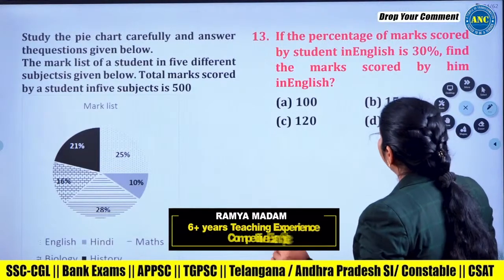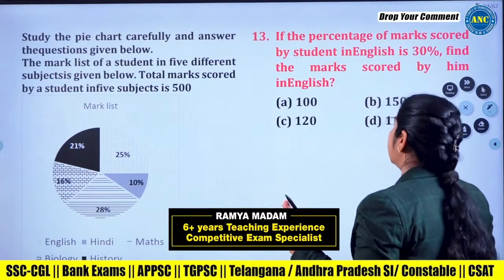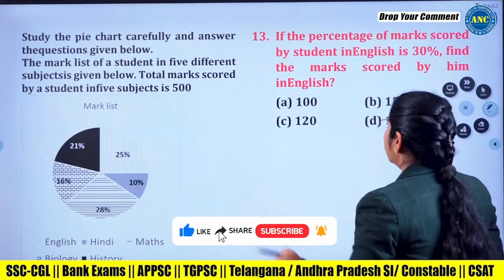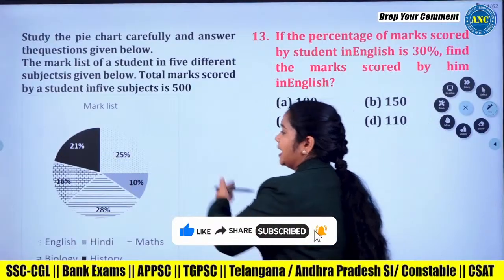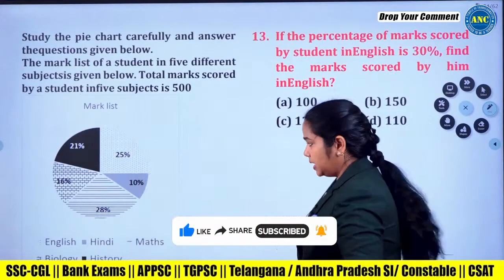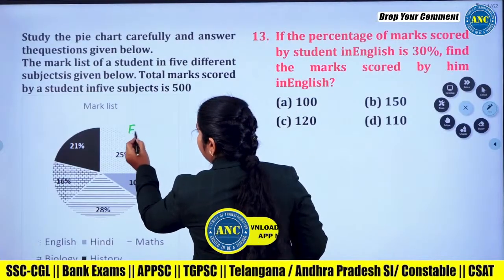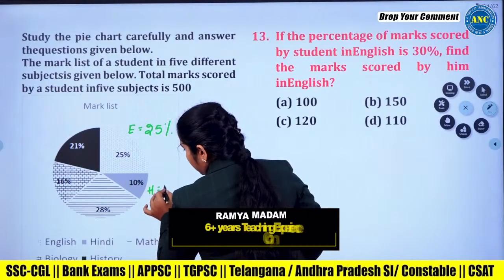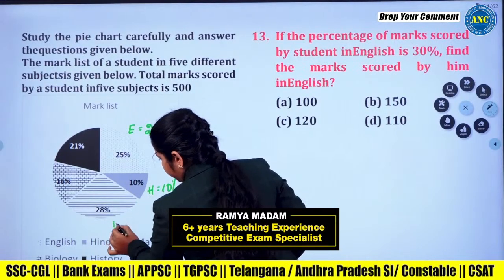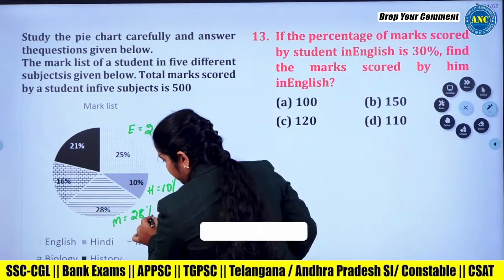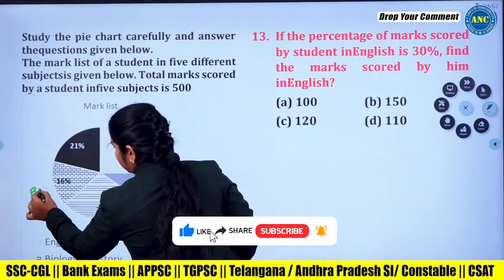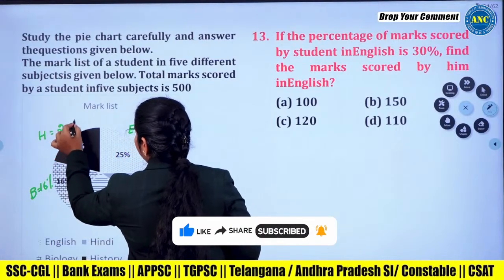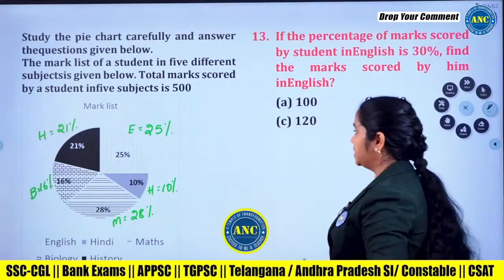If the percentage of marks scored by the student in English is 30%, find the marks scored by him in English. Here they are not saying anything related to the graph. Here we know English is 25%. Let me write this data anyhow. It's not necessary here, but still. Hindi is 10%, Maths 28%, Biology 16%, History 21%. This is not required for this question because